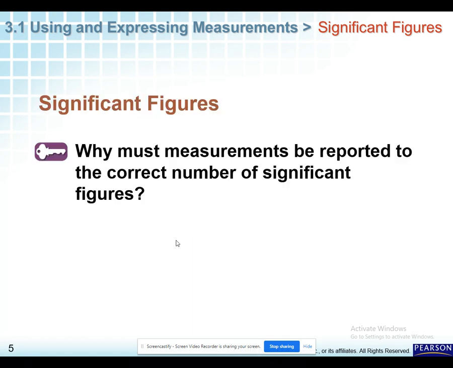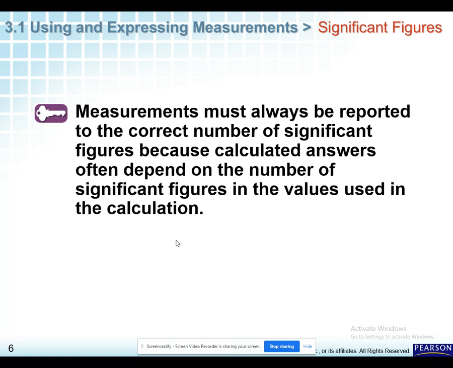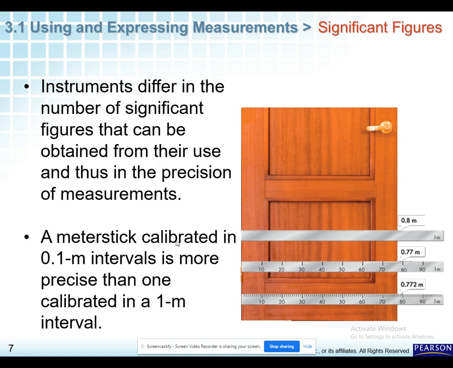So why must measurements be reported to the correct number of sig figs? Why do we have to learn them? What is their importance? Well, measurements always have to be reported to the correct number of sig figs. And the reason is because calculated answers depend on the number of sig figs and the value. For example, you can never have more sig figs than the lowest measurement will allow. So instruments differ in the number of sig figs that can be obtained from their use, and thus the precision